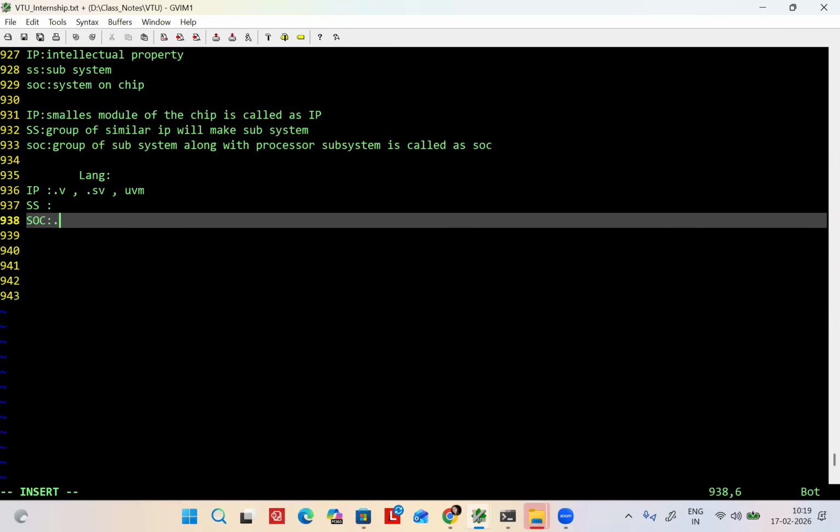Now you are an SOC verification engineer. Which languages do you need to know? Assembly language, microcontroller, microprocessor. C language, C++ language. Okay.